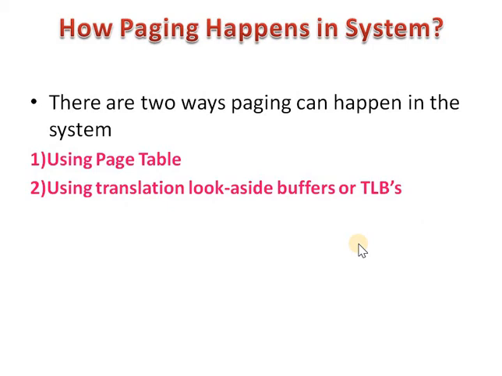The frame number is sometimes called PFN, that is physical frame number, and the physical address is a combination of frame number F and page offset D. These are the terms related to addressing: logical address and physical address. In short, the logical address is related to the page, and the logical address of a page is a combination of page number and offset, and we call the physical one a frame.